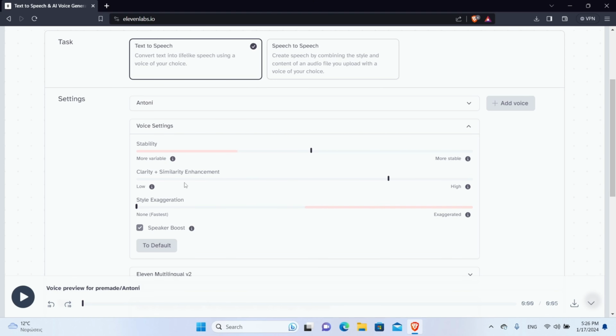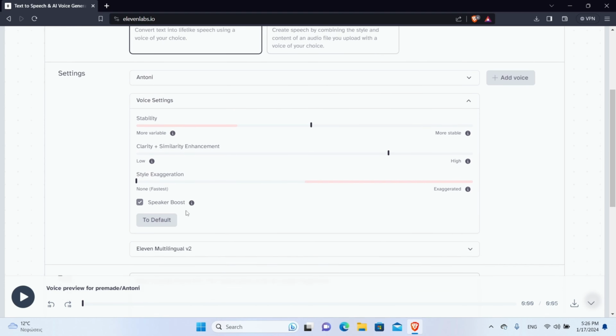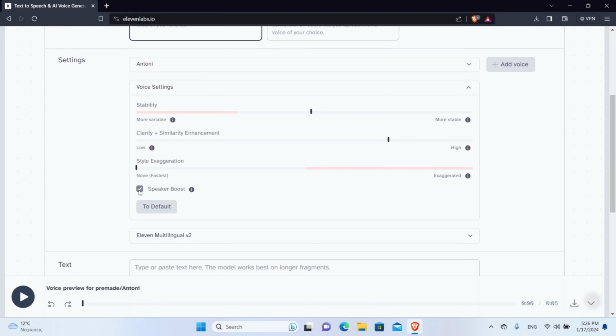Here you can adjust the clarity and similarity. You should lower this only if you have background artifacts. But in general, this should be pretty high, so the voice has a lot of clarity. Then we have style exaggeration, which you should leave at 0 the vast majority of the time. Then there is the speaker boost, which boosts the similarity of the voice generated and the speaker, which you should always have on. And at last there is the To Default button, which when pressed restores all the settings to